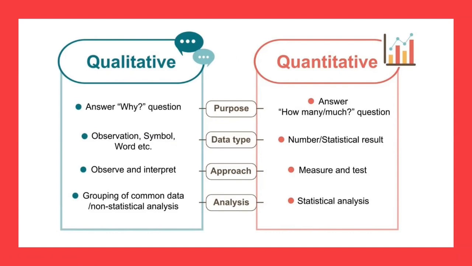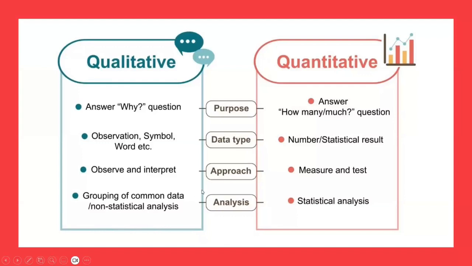And then on the quantitative side, you look at numbers. If they're obese, how many of these patients are obese? How many don't do any exercise? And you try to link the two. In qualitative, you observe the characteristics and interpret to see whether there is any link. In quantitative, you have to measure. For example, there are 50 obese people, and 35 of them are diabetic. Okay, these 35 are diabetic, what's their BMI? And the 15 that don't have diabetes, what's their BMI? So you try to link the two.